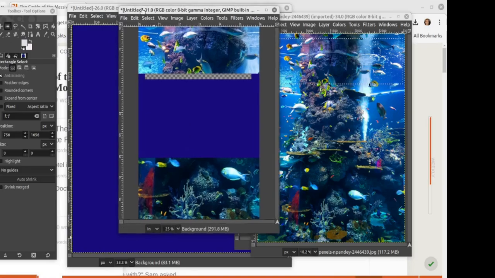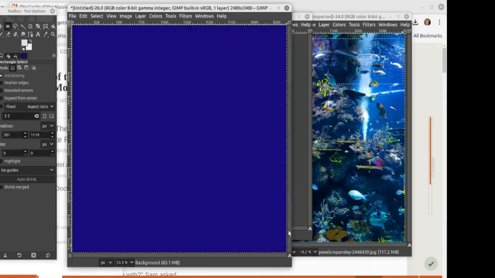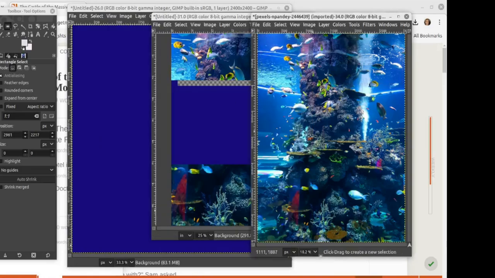And then, since this is going to be difficult, like you won't be able to copy this into this and it be the same thing. So what we need to do is take this